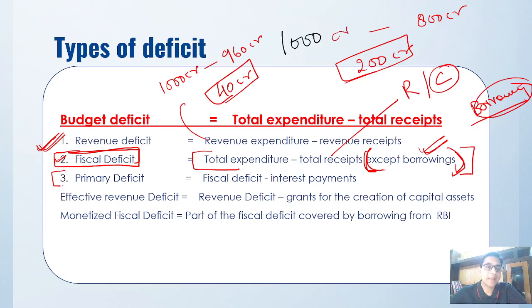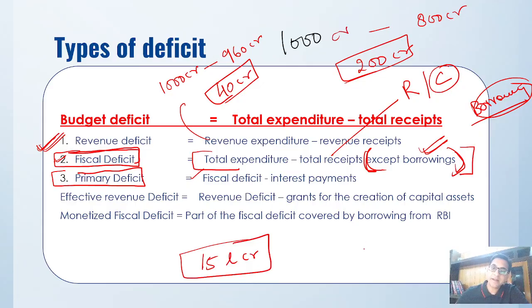And then comes the primary deficit. Primary deficit is fiscal deficit minus interest payment. You know, we have to pay a lot of interest. So if the fiscal deficit is like 15 lakh crore rupees and the interest payment is 10 lakh crore rupees because of the borrowing,